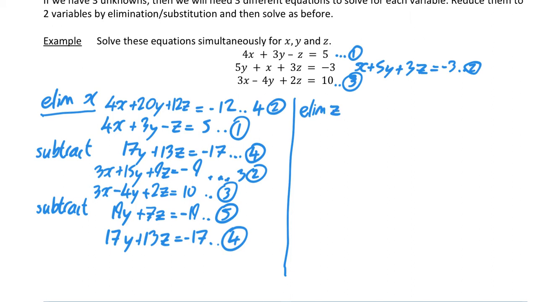So I'm going to say to eliminate my z, I'm going to do that first of all. I'm going to multiply my equation 5 by 13, so 13 times my equation 5. And I'm going to multiply my equation 4 by 7. So that means I will have the same number of z's in both equations. So when I do that, I will get